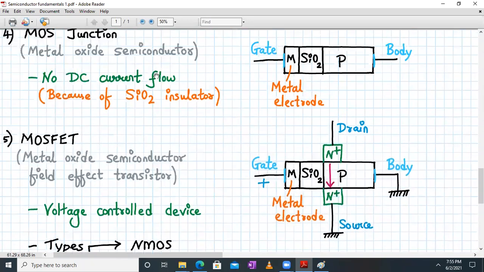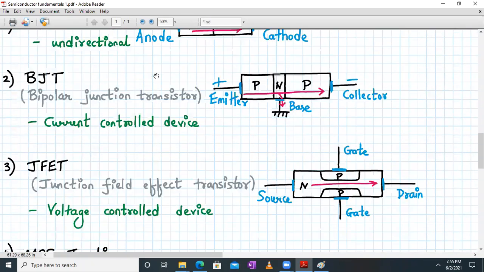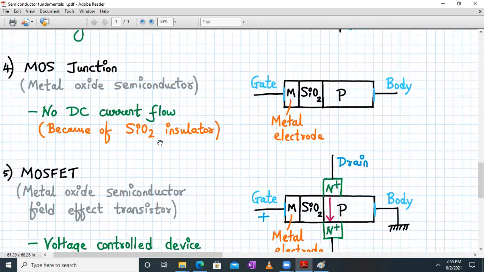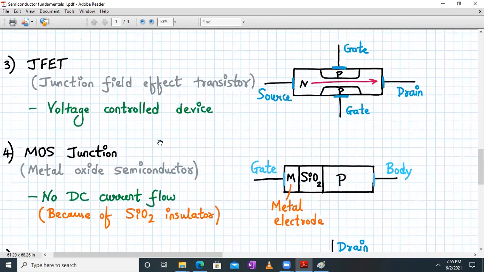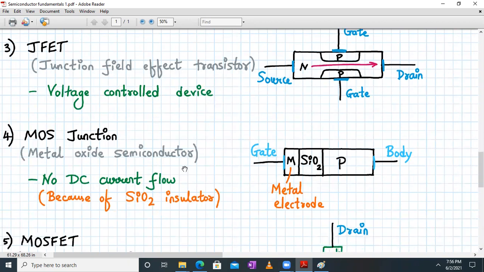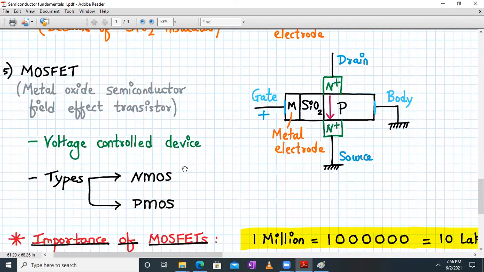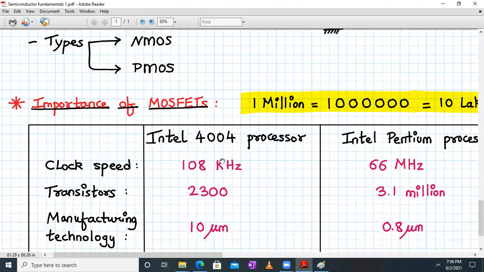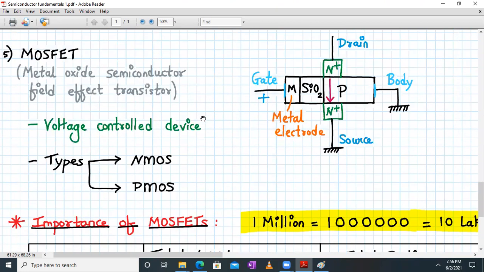Obviously there are some devices which also use BJT. JFET is used very little, mostly for experimental or laboratory purposes, but around 98% of the semiconductor industry market uses MOSFET. It has a huge number of applications, and one of them we have seen is in processors. They are everywhere nowadays. Mobiles have become as powerful as computers, and they all have MOSFETs working together inside.